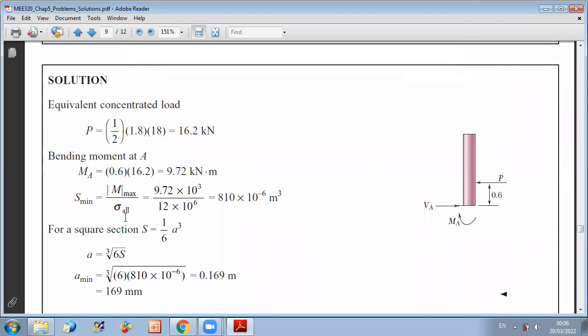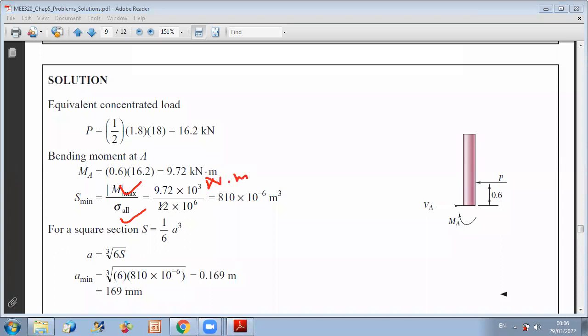These two are known now because we calculated M max and sigma allowable is given. Now for units, we use Newton meter for M, so make sure to convert to Newton meter, and sigma is in Pascal. Then you will get S in meter cube. And as we discussed, S minimum corresponds to A minimum. So you can calculate what should be the minimal value of A to not have a rupture. So this is how we can design the minimal size of the length of the square side in order to not have rupture. Another design problem